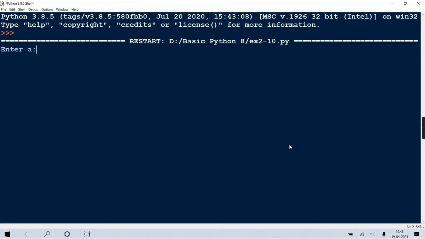Let's run this. We'll give some values. Suppose I give 1, 2, 1. Do you agree that means both the roots are going to be the same? Means is your d going to be 0? Just think, what is b square? 4 minus 4ac. A is 1 and c is 1. So 1 into 1 is 1, 1 into 4 is 4. So it will be 4 minus 4, 0. So your solutions will be the same, equal solutions. Minus 1, minus 1. Okay?